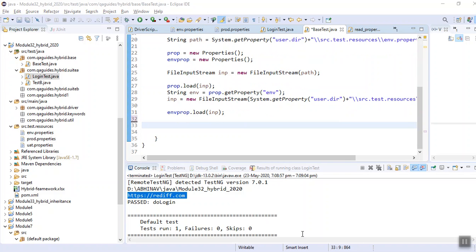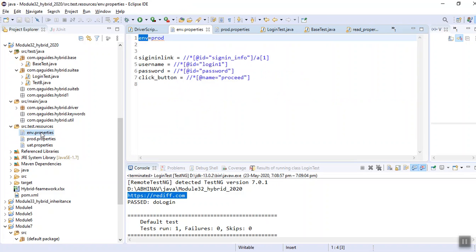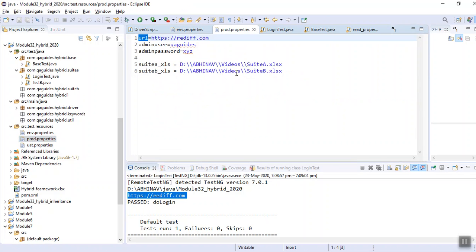After property file initialization is done, what we need to do is initialize the excel file. Let's work on initialization of the excel file. See, the path to the file is already available in our production settings. If I go to my environment, where it is production properties, we already have the path available here.